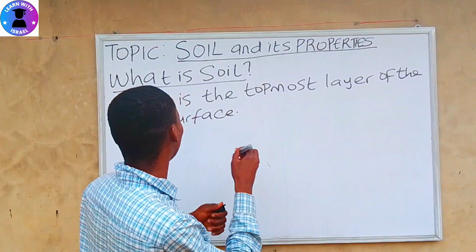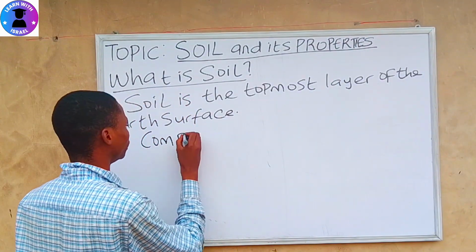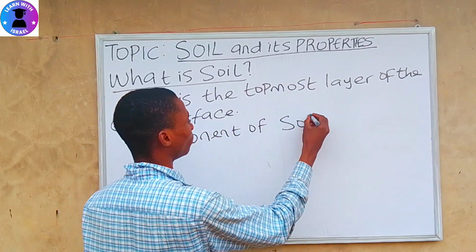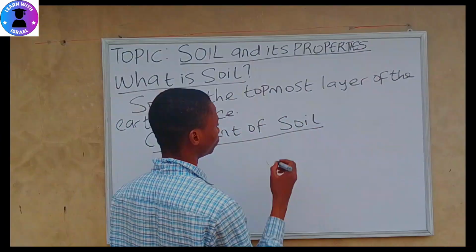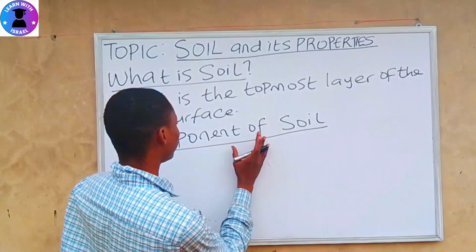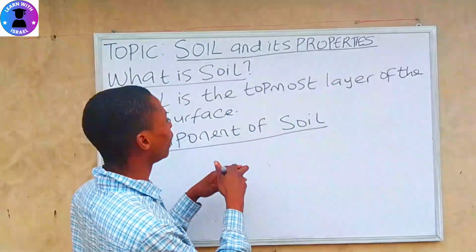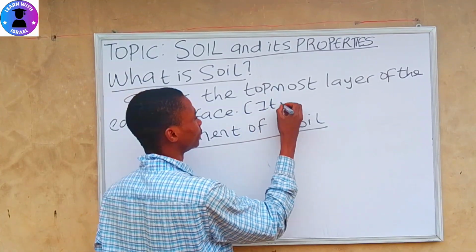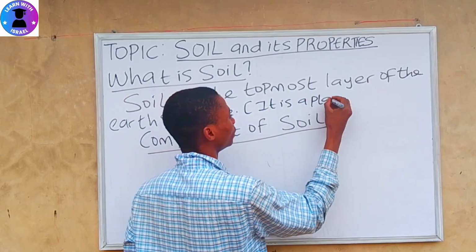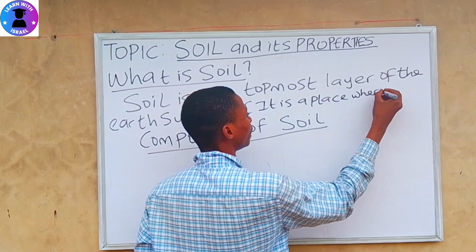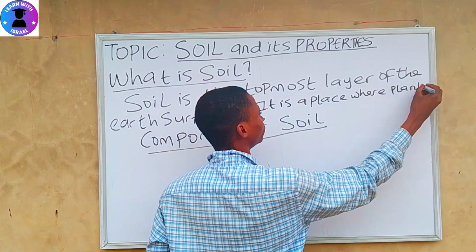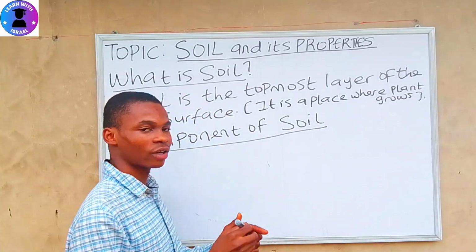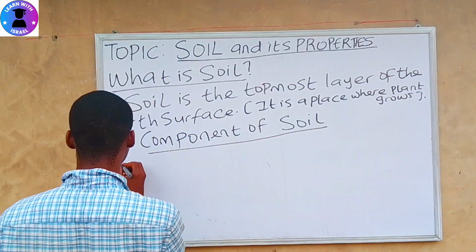And now let's move to the components of soil. When I say components of soil, I mean what comes together to form soil. So before we move to the components of soil, soil is a place where plants grow. So what comes together to form soil? Soil is made up of